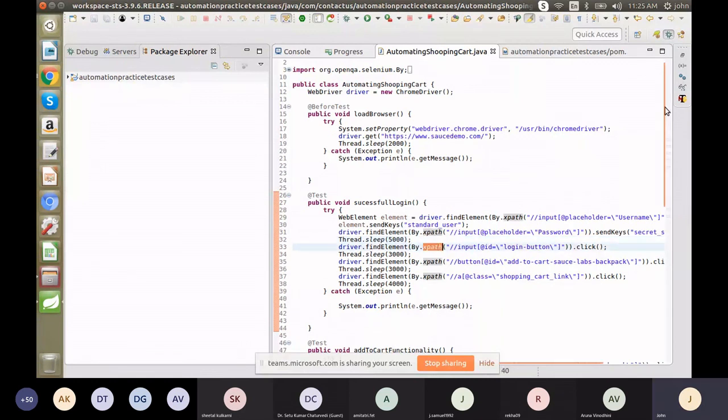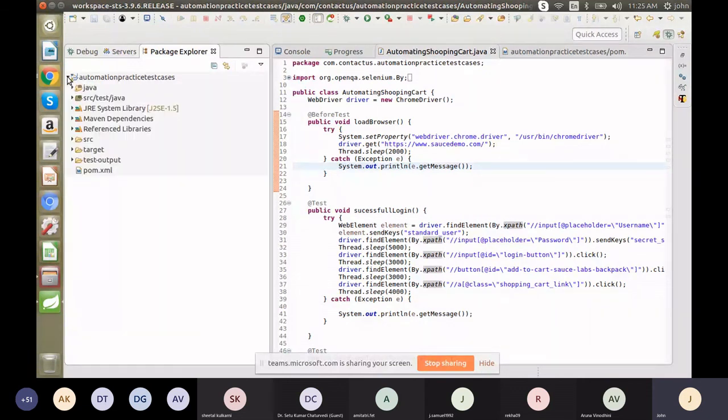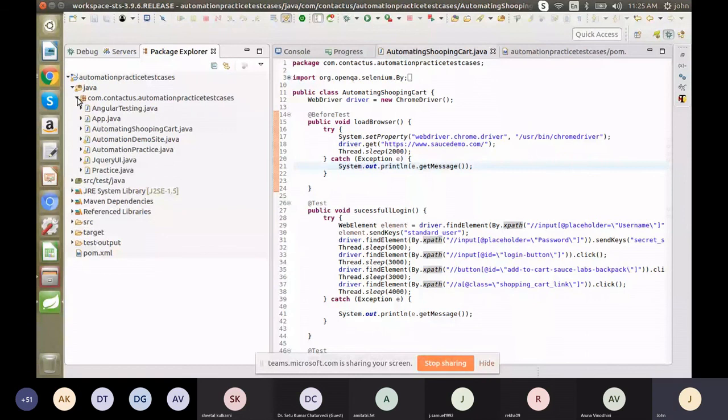I will show some examples of how to automate the drop downs and the progress bar and everything. I've already written some scripts. I will show the scripts to you. You can follow the steps and work on it at home. Let me open jQuery.